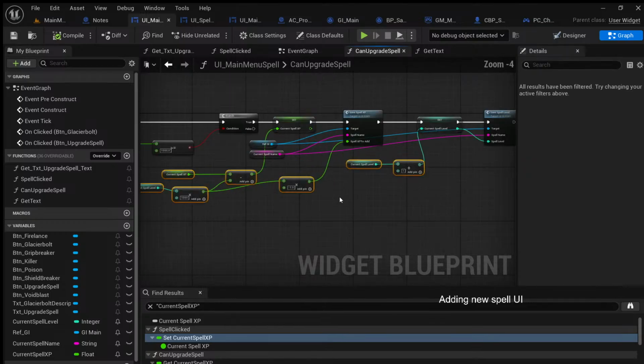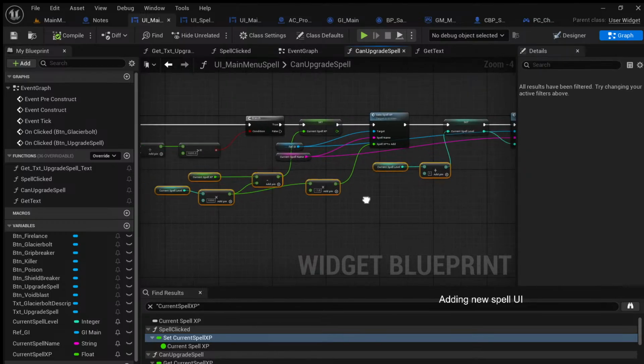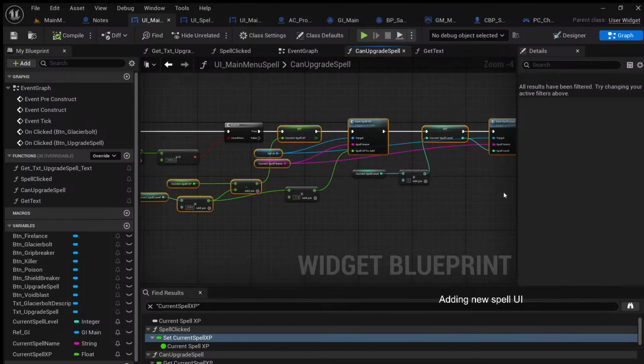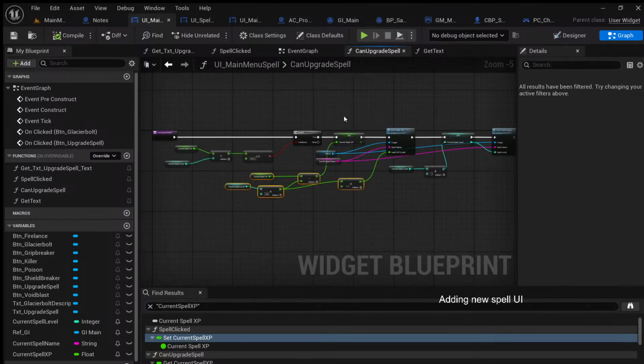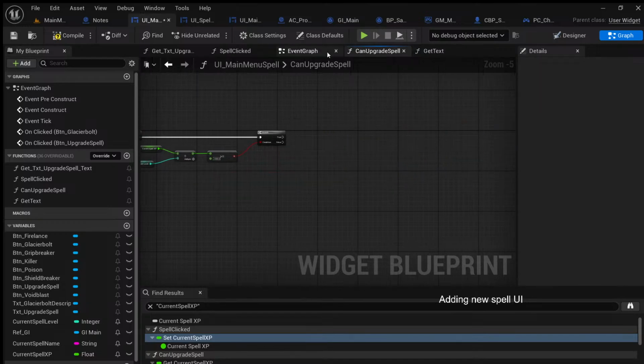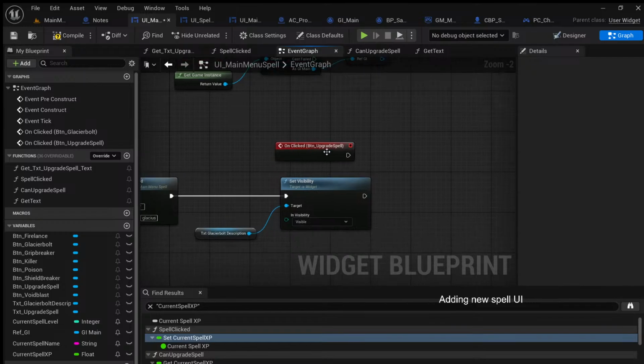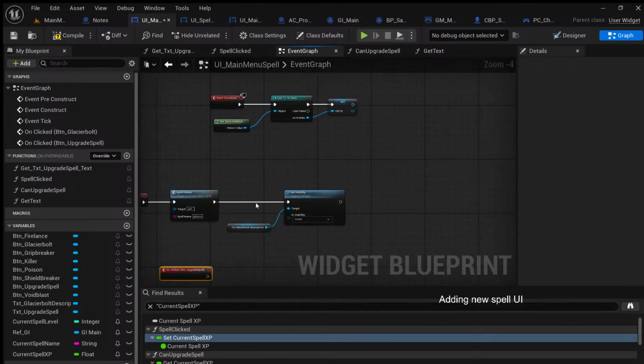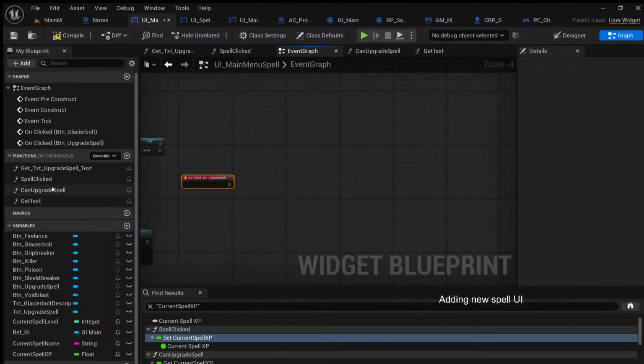Actuate. This is not supposed to be here. It's supposed to be here actually. This goes here